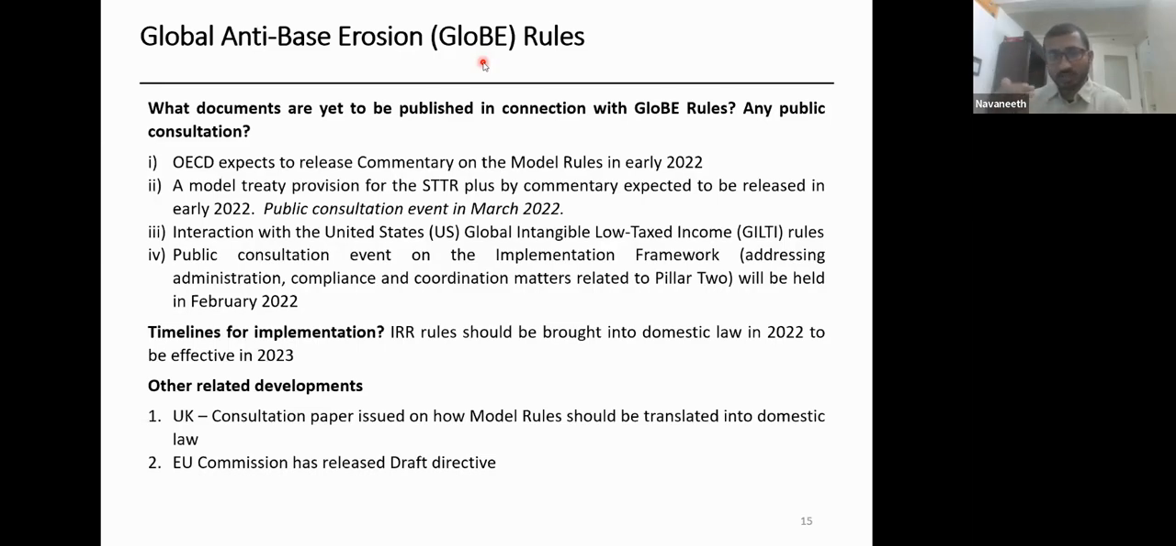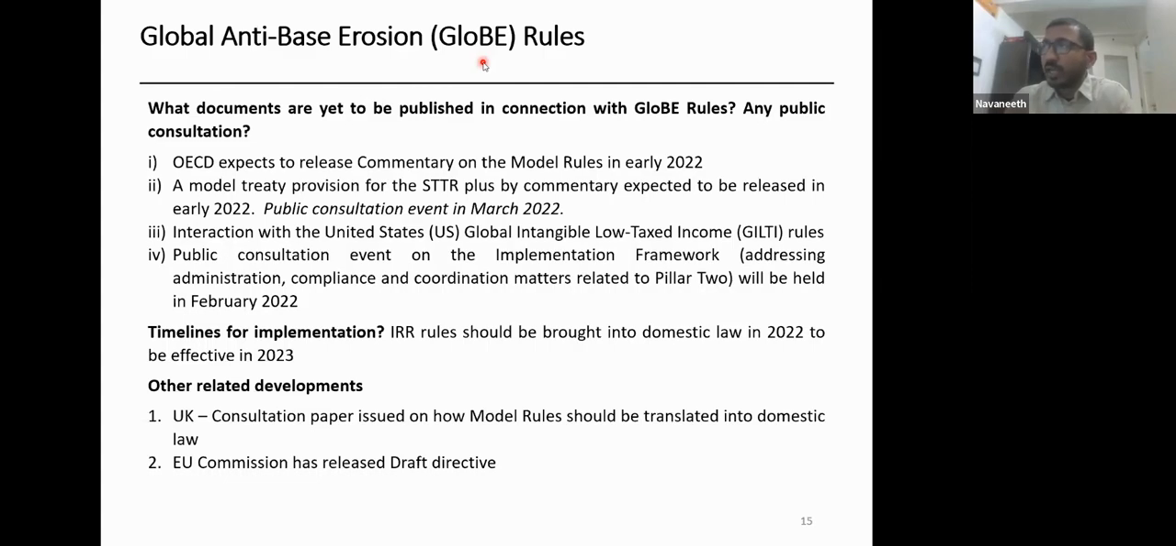Likewise, I talked about 3 things. One is the income inclusion, the undertax payment, and the subject to tax. These are 3 different mechanisms to address a certain amount of minimum tax. The rules around subject to tax and the commentary around that are yet to be issued. There's a certain interplay of these rules with rules in the US which seek to tax passive streams of income. How that interplay would happen is again something on which there would be additional guidance in a short while